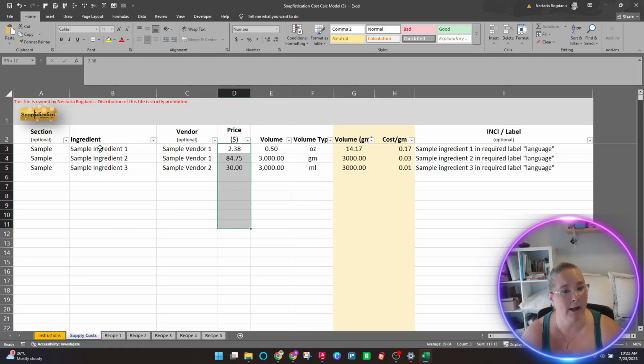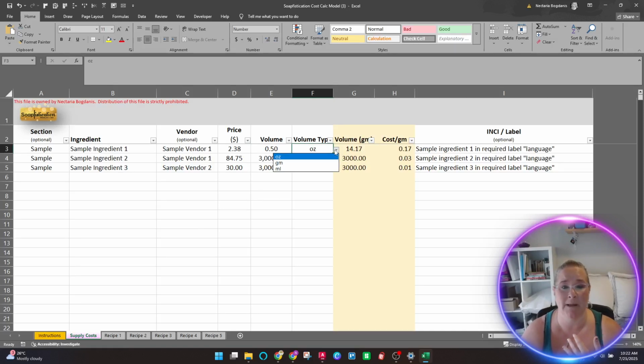My price is how much I'm paying for whatever this ingredient is. My volume is how much I purchased. And my volume type, I have 3 options. It can either be by ounce, by gram, or by milliliter. And this is what I mean about when I calculate the cost per gram. I am just saying, okay, 1 milliliter equals 1 gram of weight.